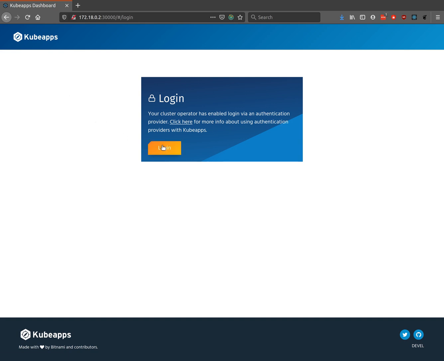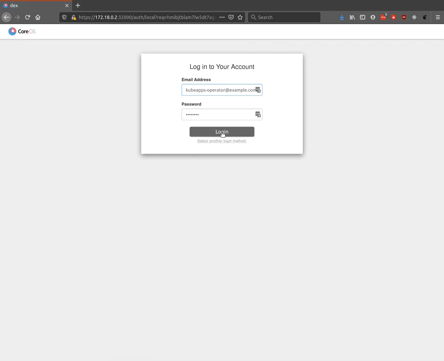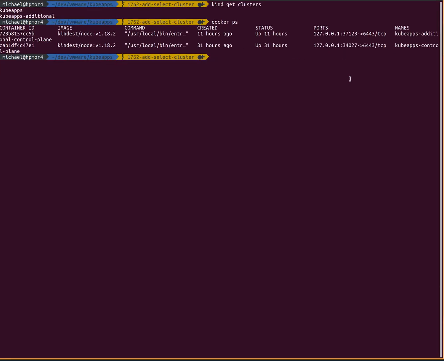So you'll see here when I log in, as per normal, I can log in via DEX, and I'll use my administrator here. The main difference we'll see, we can see everything that's installed on this cluster, but I've also got an option here to select between clusters. So I have my default cluster where Kubeapps is installed, as well as Team Tanzu. Now, coming back, if we look at the,